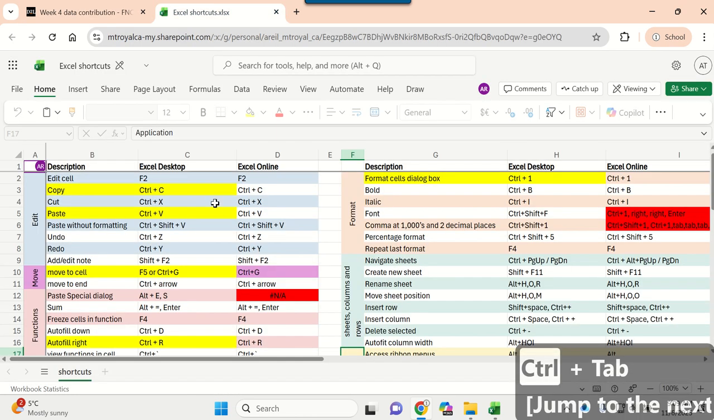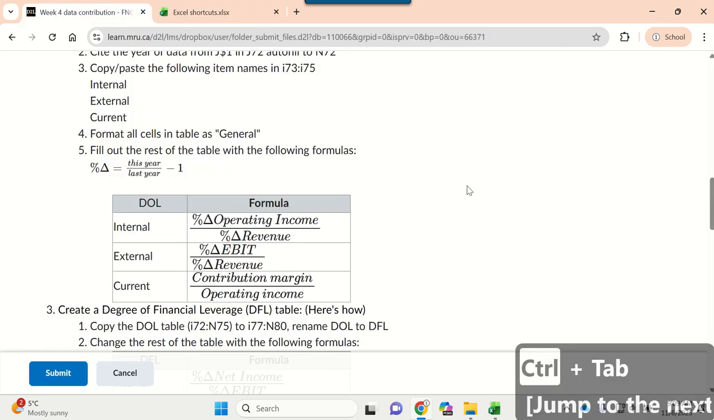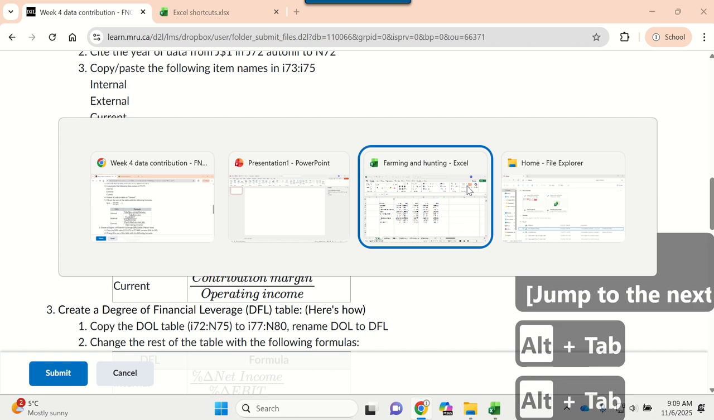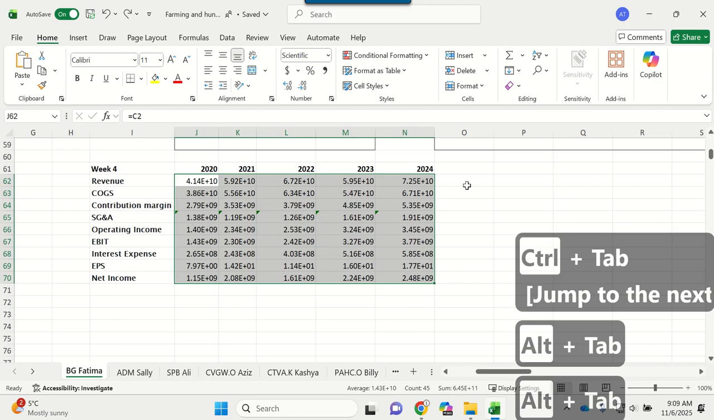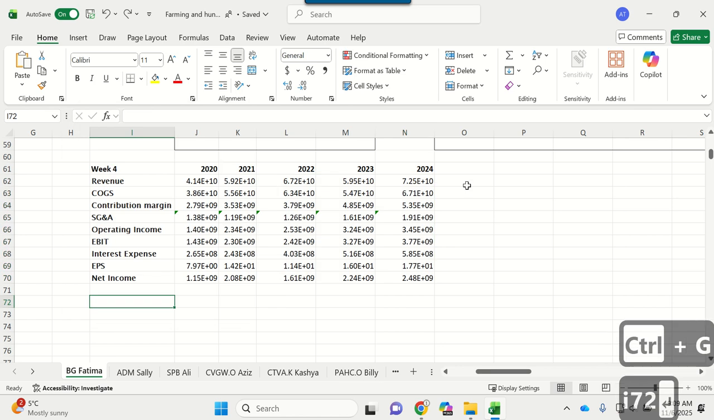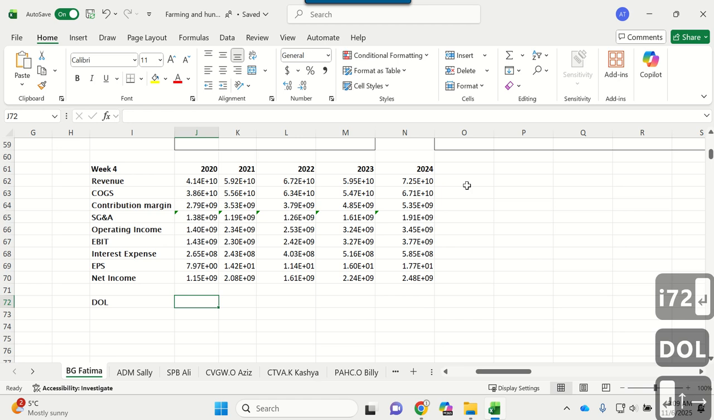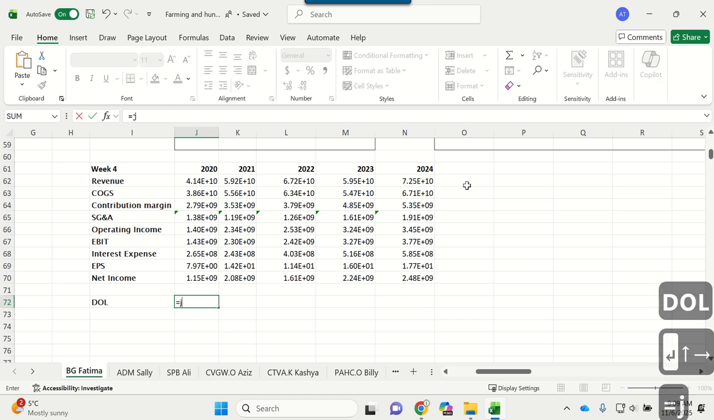So the shortcuts we're going to be using is copy and paste, Control-C, Control-V, Control-G to find the cell, I-72 in this case, Control-R to autofill to the right, and Control-1 to set the formatting. We're going to set them to general. So I'm going to go back, and I'm going to go Control-Tab to get to our Excel spreadsheet, and Control-G, I-72. And I'm going to type in DOL there. Enter, and then just to the right of it, it's going to go equal $1,